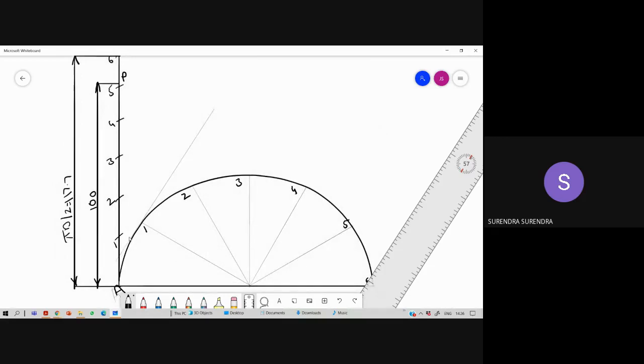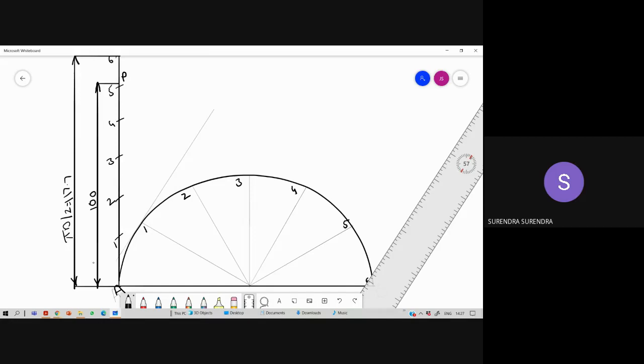Now measure the distance from A to 1. Measure the distance from A to 1. Why? Because it is a stick or a line now. So in the previous case it was a thread. So when you are rotating, it is winding completely. But now it is a line. Just it rolls, meaning one end is rolling, and the second end will be lifting from the surface. So if one end is coming nearer to the surface, the second end will be moving away from the surface. So measure the distance from A to 1.